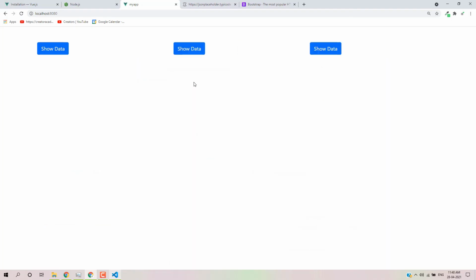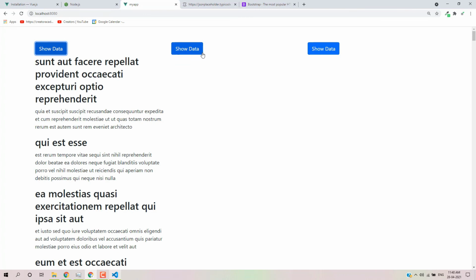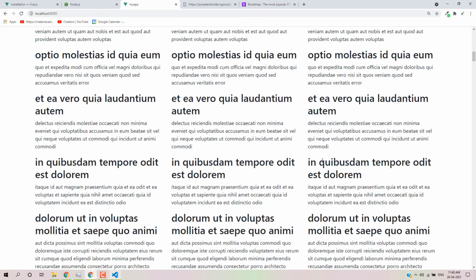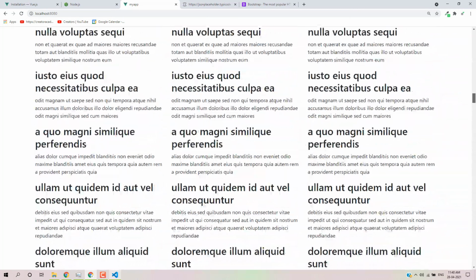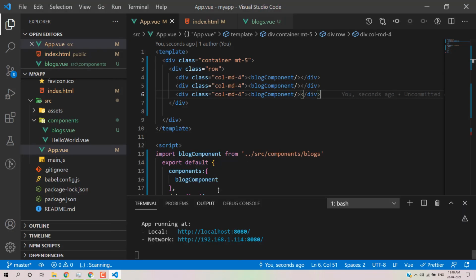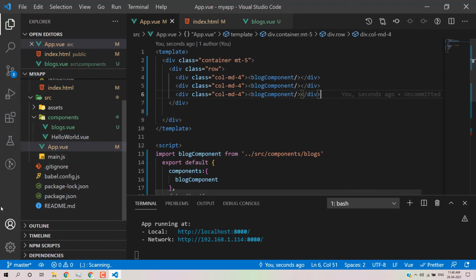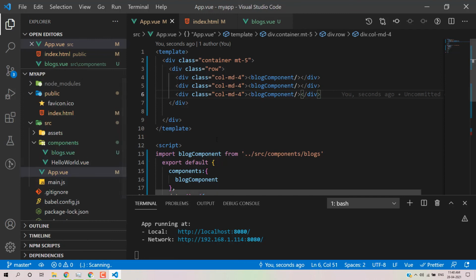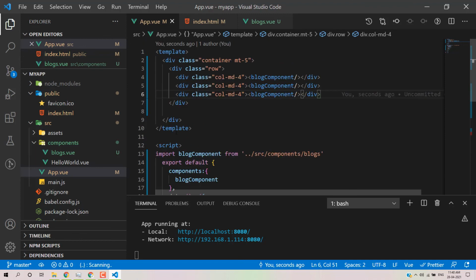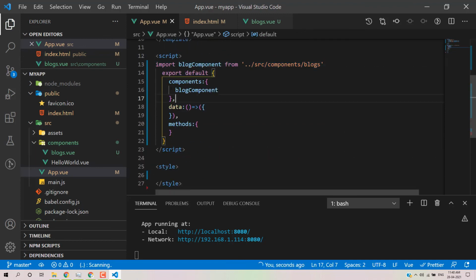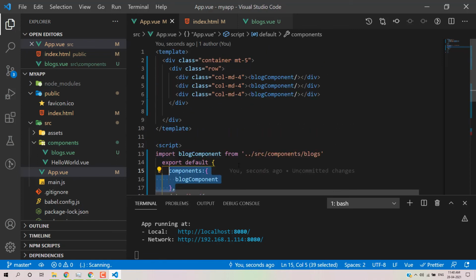Okay. So again, this is very easy. I'll suggest you go through this particular video and then try to do some practice based on it: how we can create a component, how we can import the component, how we can register the component, and how we can perform actions on the component, like a button, and then we have an array of data so we can print it with the help of v-for.